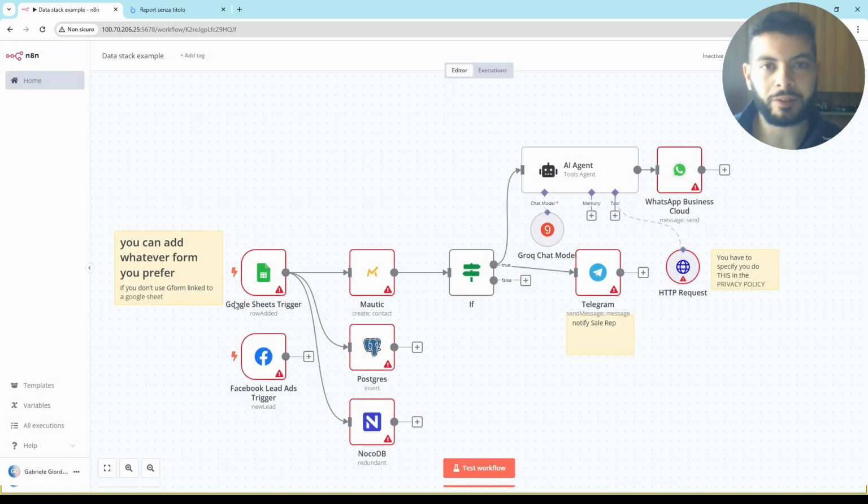You can add whatever form you prefer. So if you run Facebook ads for leads, it's the same process. Of course, I expect more inflow of data, and of course it could become reasonable to split some parts of this flow for a matter of computational usage and possible delays, but the process is the same. Again, this data stack has different parts: data acquisition, data storage, some data backups, then data elaboration, also advanced elaboration, and delivery, some messages that could prompt actions.